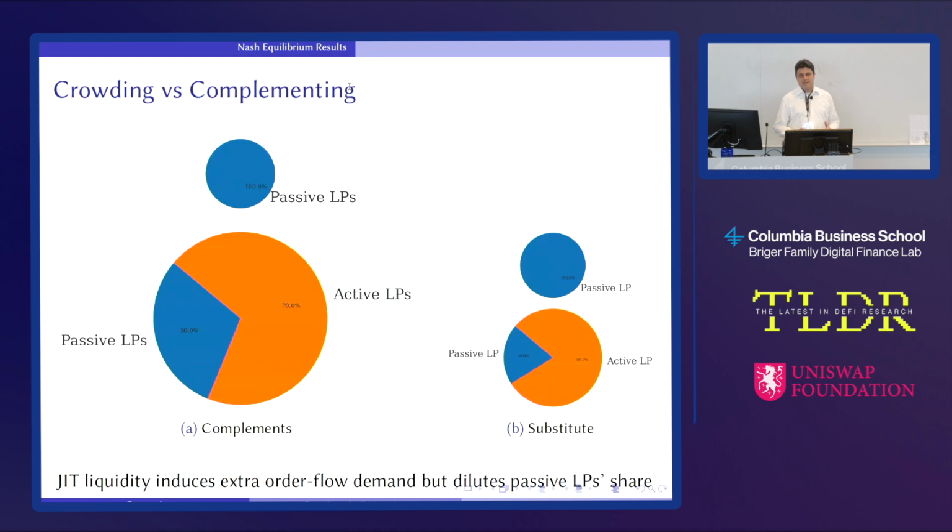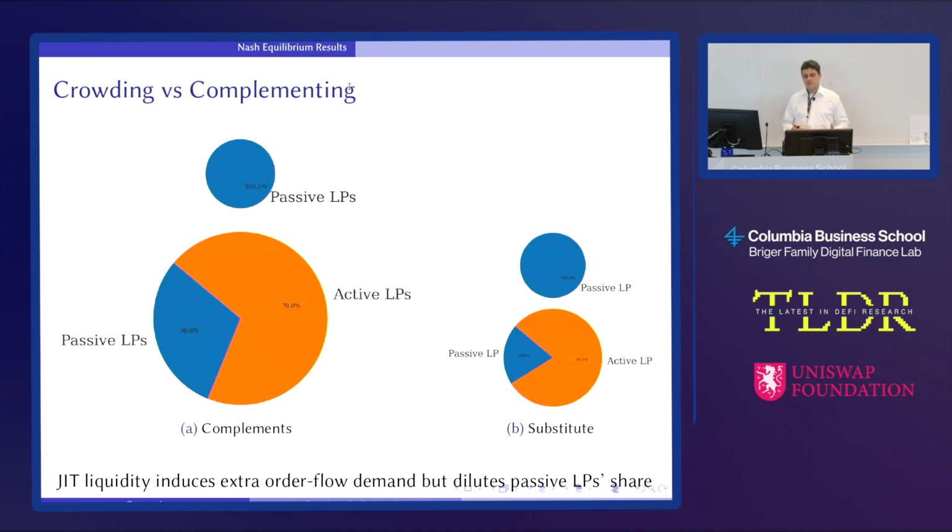In other words, if we want to describe what I just said in a picture, we can think of two possible situations. The first is that there are only passive liquidity providers. They are getting 100% of the pool, so 100% of the fees go to them. The second situation is that we have passive and active liquidity providers. Now, when do we have complementing? We have complementing if the following situation happens. Active liquidity providers, which are these just-in-time liquidity providers, could crowd or complement the passive providers. Suppose that the active providers are providing 70% of the entire liquidity in the system because they are pumping up this liquidity after observing the order flow, and the passive liquidity providers are only left with 30%.